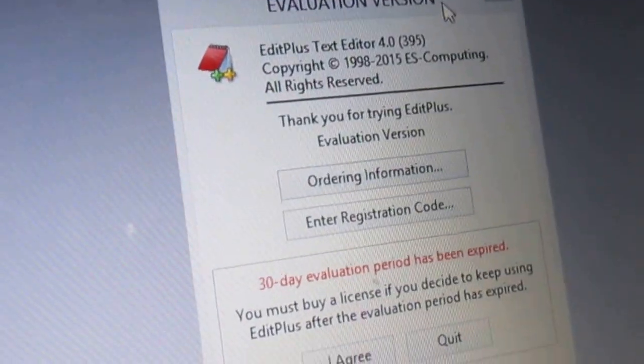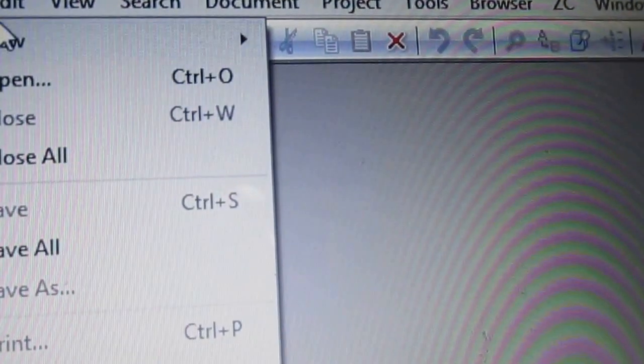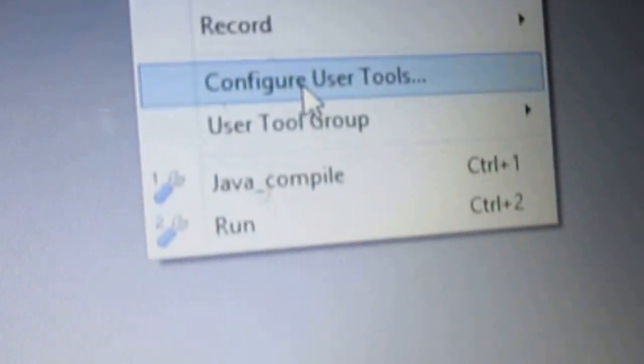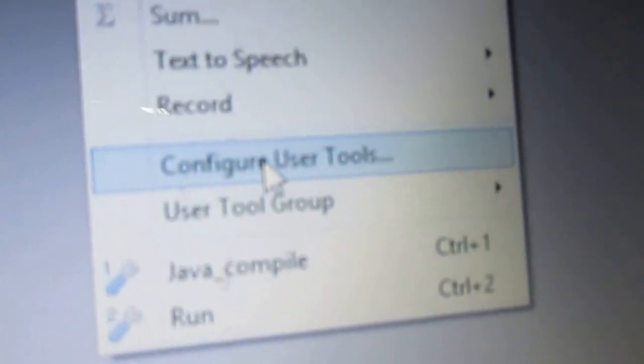Here the trial version has already been completed. Just drag it here. Now I am opening the tools menu, and here is how we are going to configure it.